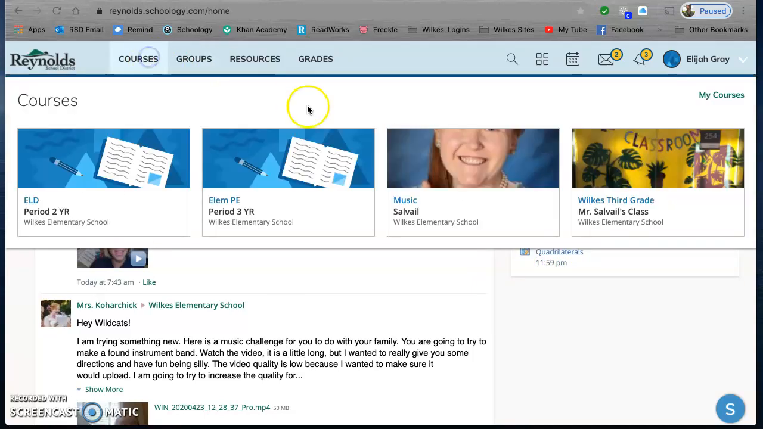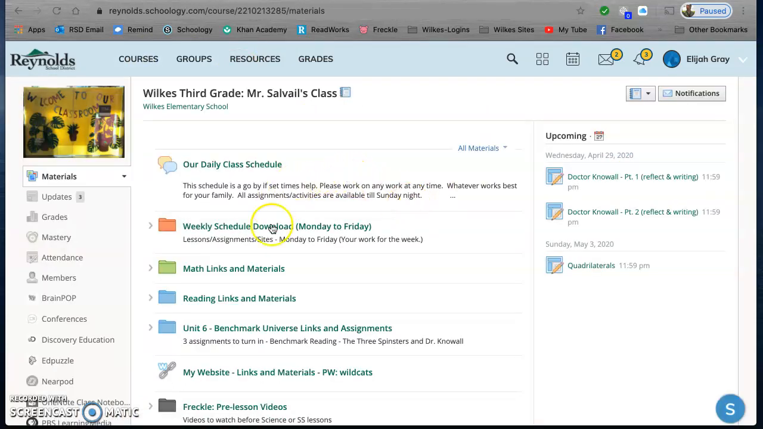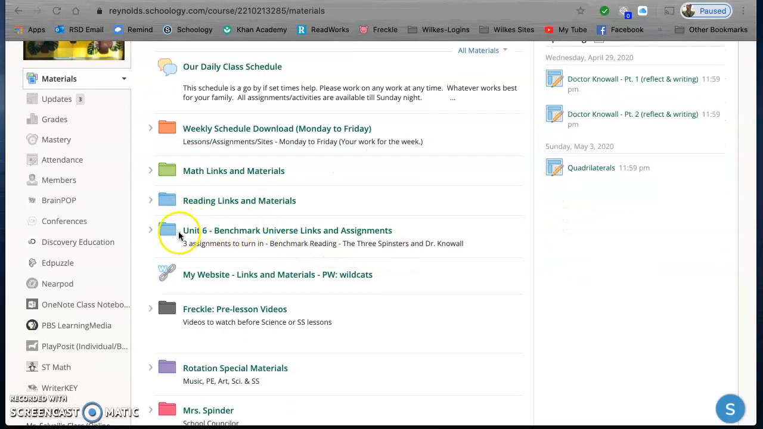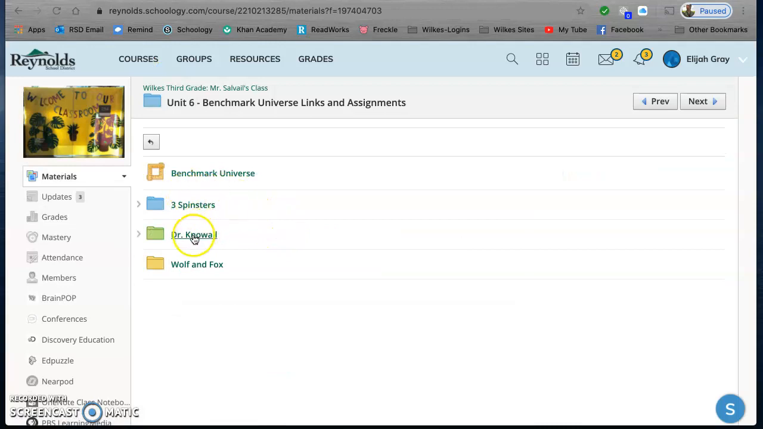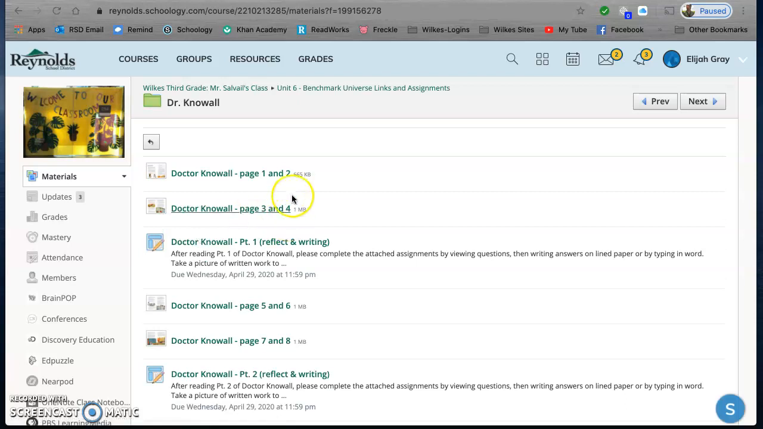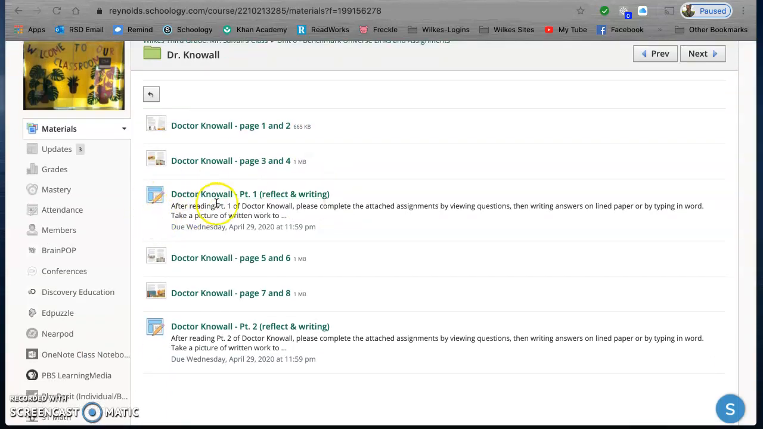Now, we'll go to our courses, click on our class, and here you can again submit from this area, but if you need to, you can always go back. Right now we're on Unit 6, and here you'll see the 3 stories we're working on. Yes, Wolf and Fox will be the next one, but right now we're on Dr. Know-All. So I'm going to click on Dr. Know-All, and here you can see we have the screenshots I took of our story, and here is the first